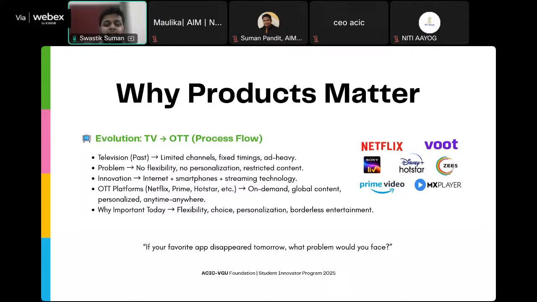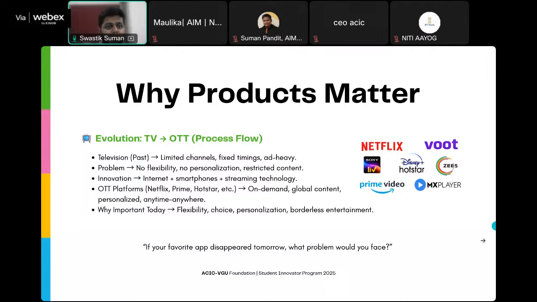It gives us flexibility to choose personalized content, and the main and most important thing: borderless entertainment. ये किसी भी जोग्राफिक एरियाज को बाउंड नहीं करता, या फिर हमें हर तरह का, दुनिया के हर कोने का कंटेंट हमें शो करता है।